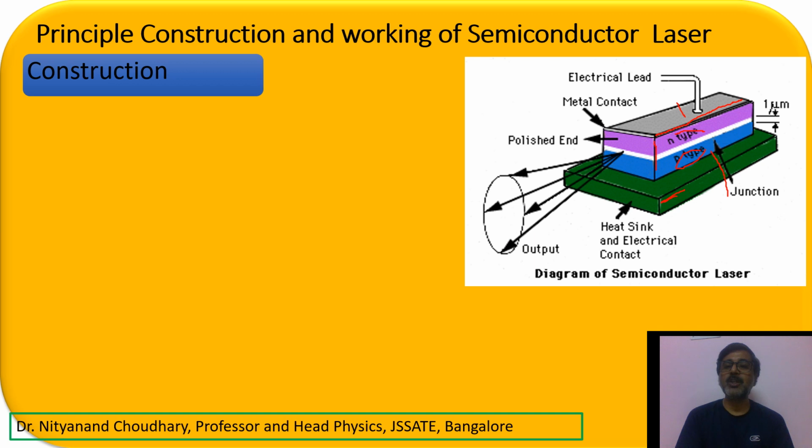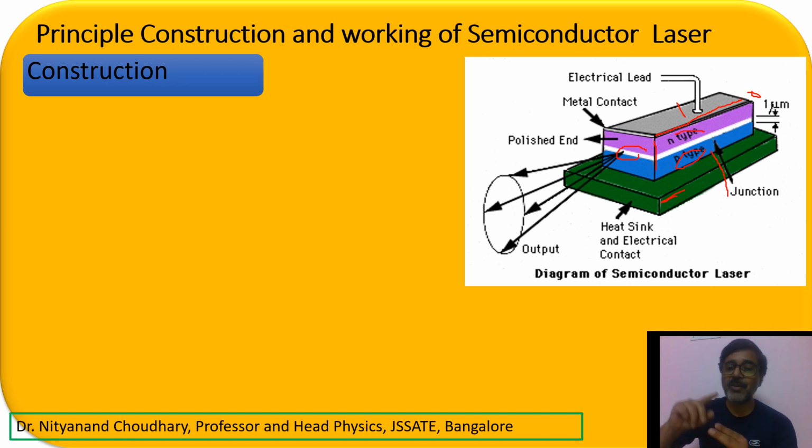Now here you have two sides. One side is this, and exactly the opposite side of this. You can imagine a cube where you are taking two sides. These two sides have been polished to make a resonator, just like putting a mirror. Here we are not putting the mirror separately. The two ends themselves have been polished so that they act like a resonator, right? The other two faces which are left out have been kept rough so that no electron or holes should pass through them. So these are your six faces.